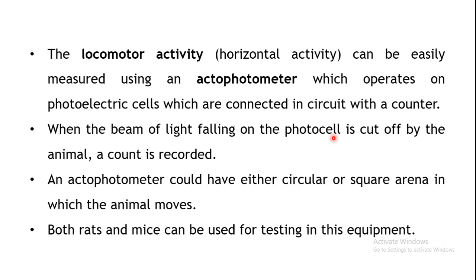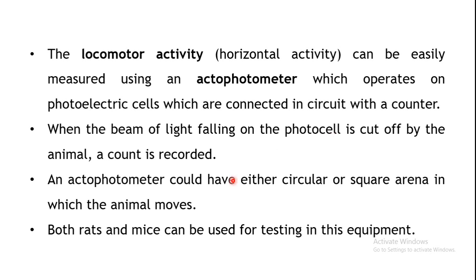Depending upon the drug's property, if it has the CNS depressant property, it will decrease the motor activity. The animal will make less movement after the drug is administered, so the number of counts will be reduced after the drug treatment. On the other hand, if the drug has CNS stimulant property, the motor activity will be increased and the number of counts will also be increased as compared to what was shown before the drug treatment.